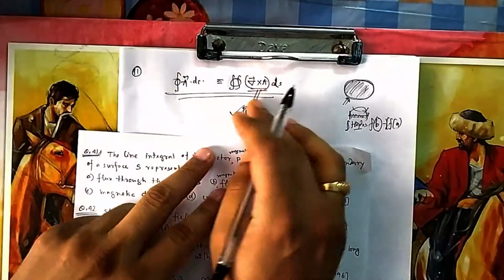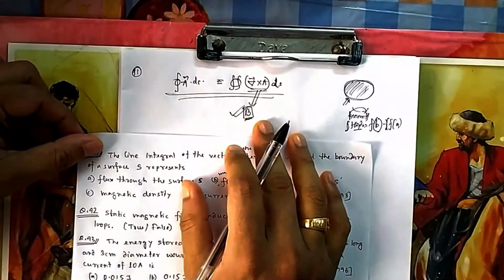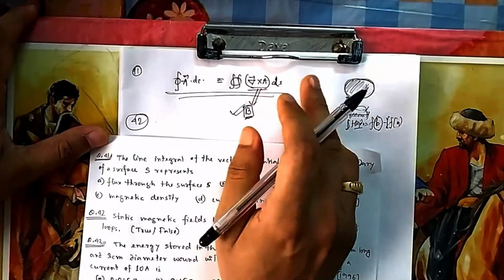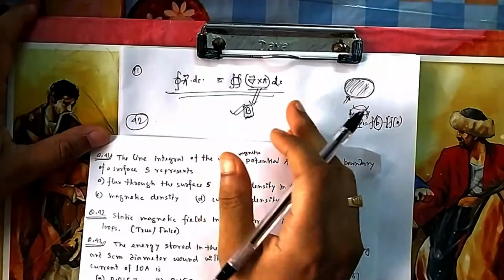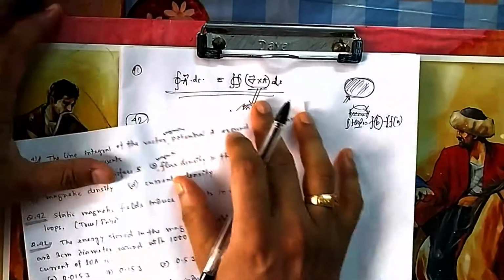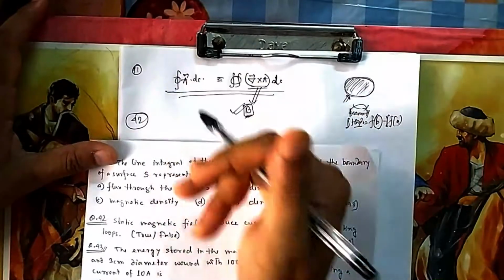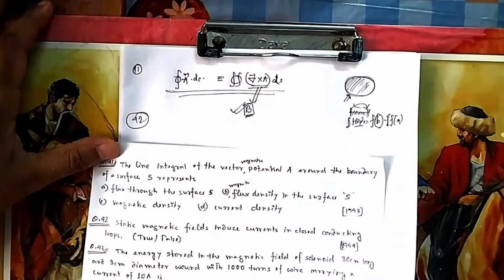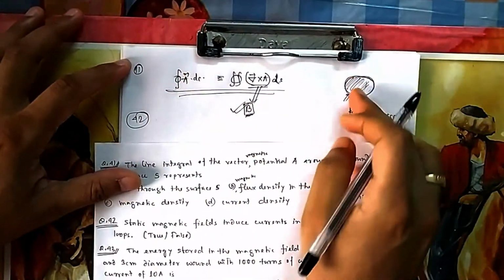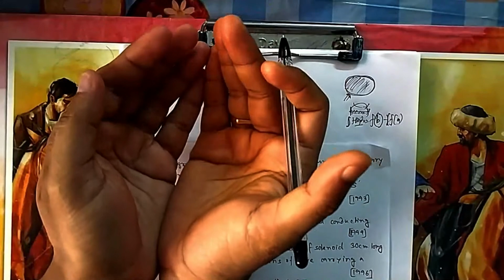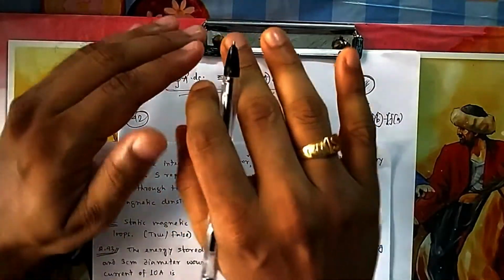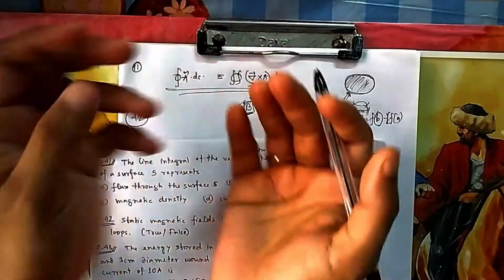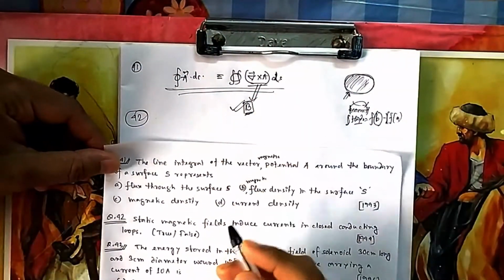You can recall all these theorems just by linking one another. Same type of thing we have done in the Gauss divergence theorem also, for D and E. You can check, I think, question number 23. You can mix all these formulas and remember them in a sequence, so that it doesn't get problematic for you. If you are moving along a line, then you will go to the surface. If you are moving along the surface, then you will go to the volume. So that's why the electric flux coming out of that closed surface was the Gauss law, the charge inside that volume. You can remember it in that way.